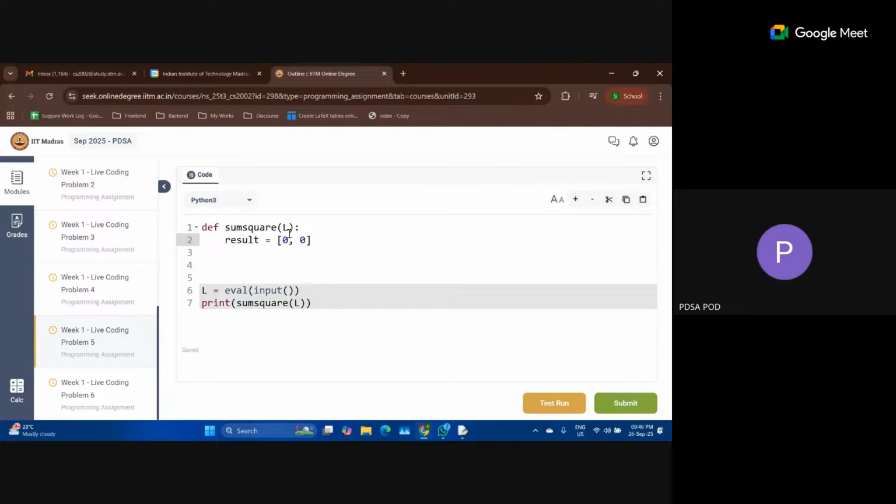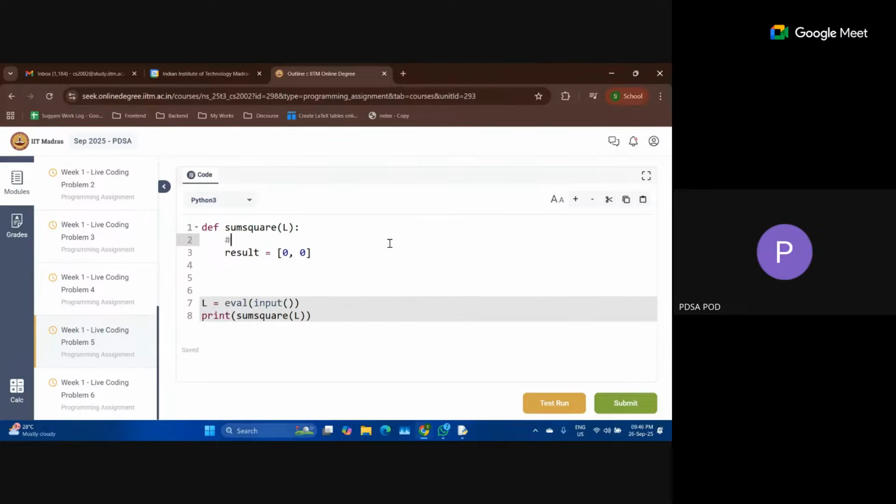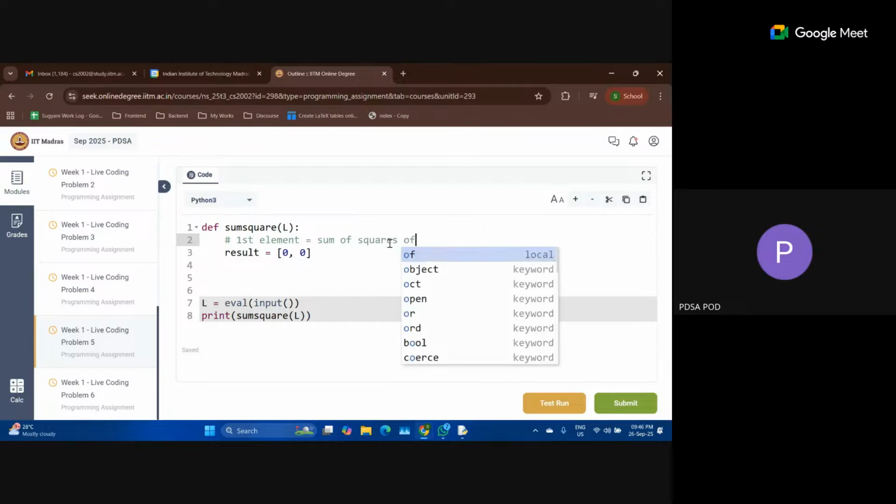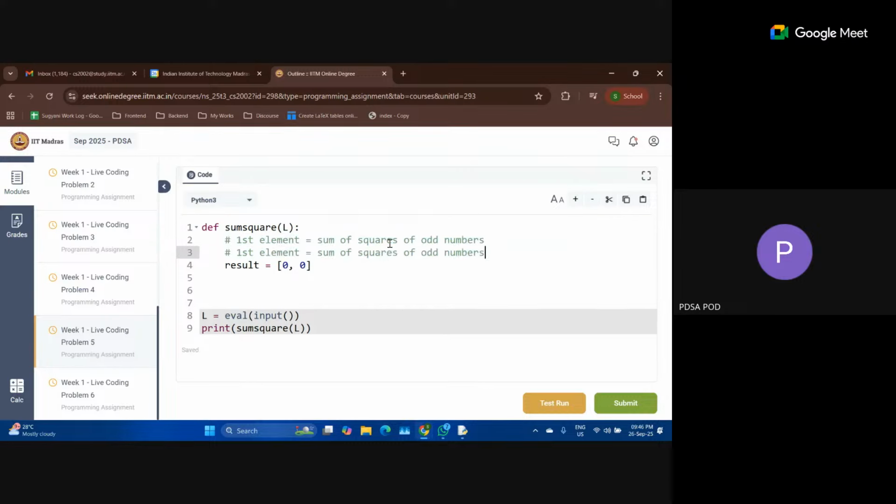The first element is equal to the sum of squares of odd numbers, and the second element will be the sum of squares of even numbers.